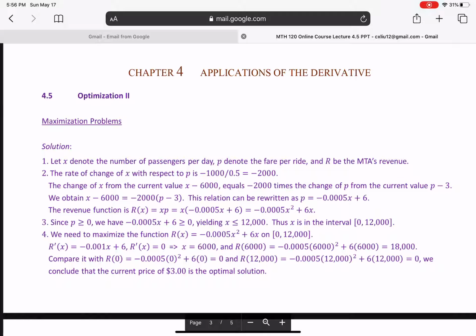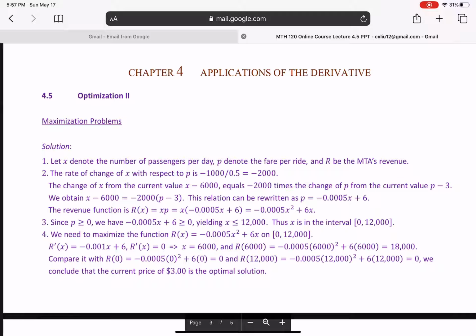So the change of x from the current value, x minus 6,000, equals the rate of negative 2,000 times the change of p from the current value, p minus 3. Currently the fare is $3, and the passenger number is 6,000. So we obtain x minus 6,000 equals negative 2,000 times p minus 3,